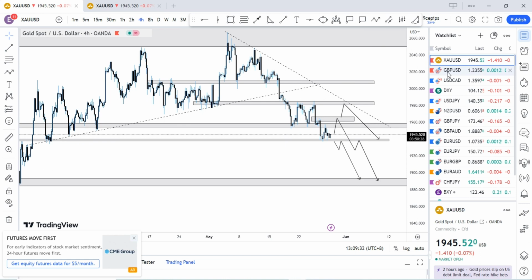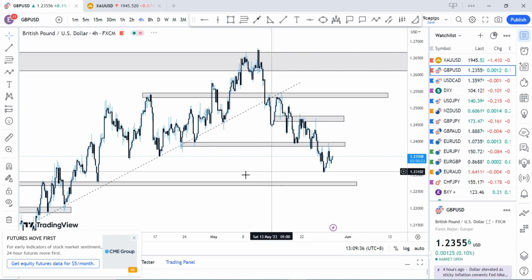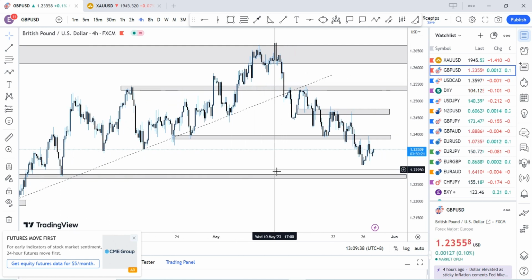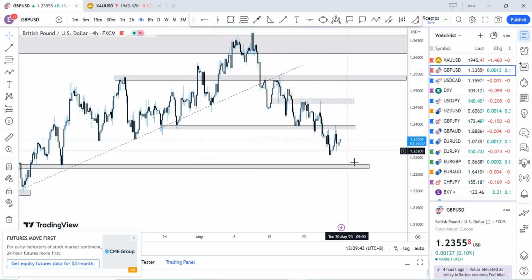Okay, so going forward for pound USD, let's see. Likewise, the gold analysis, I'm also very bearish on this. My anticipation is for price to go to these regions here. So for starters, maybe just look for basic entries here on the lower time frame to ride price to this region,